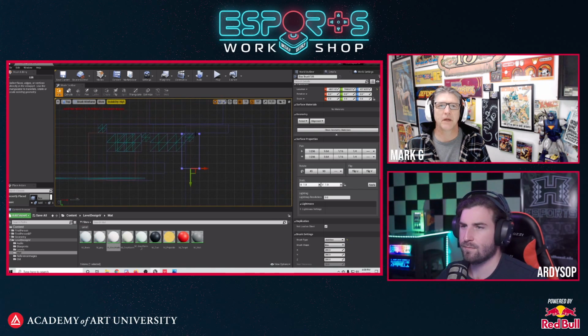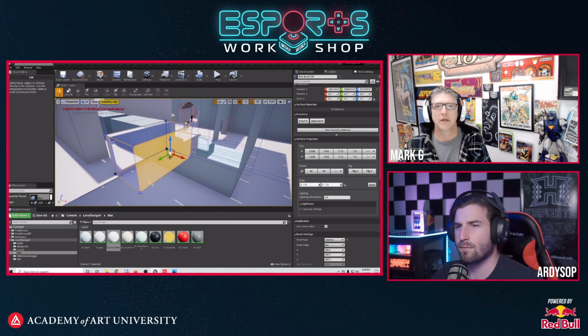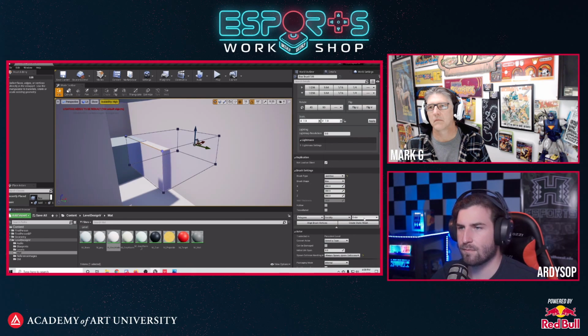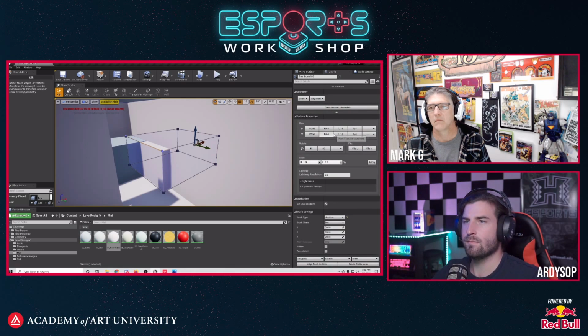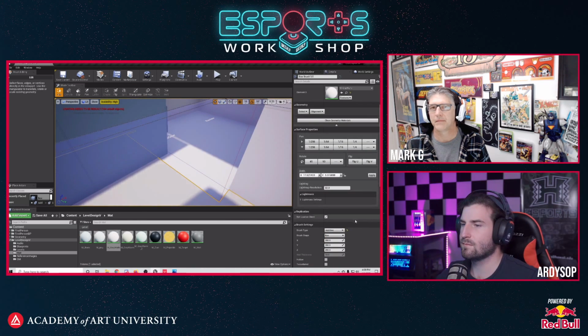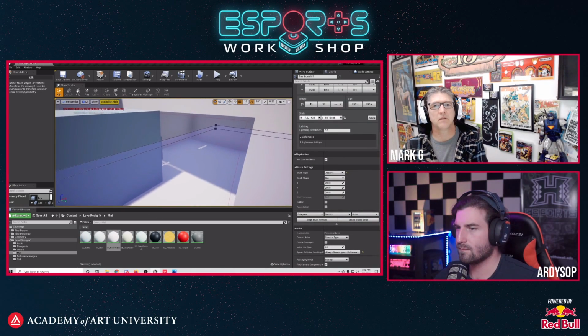Back to our perspective. Let's stretch this out. Let's make it subtractive. Let's make sure that this floor is last. I don't want to subtract from it. And let's delete these boxes. These are just here for